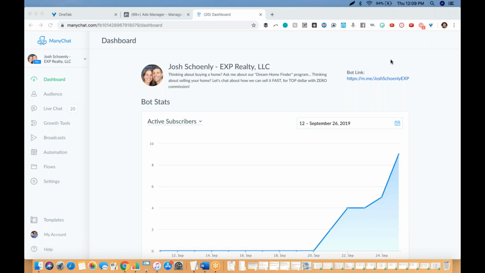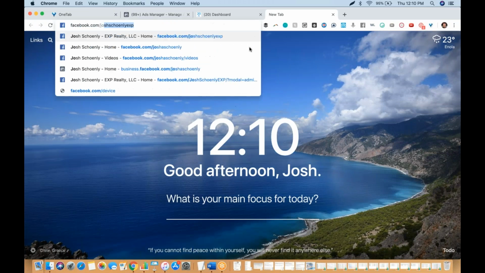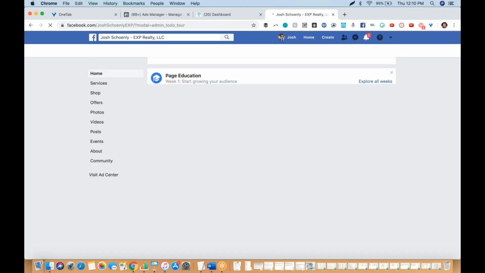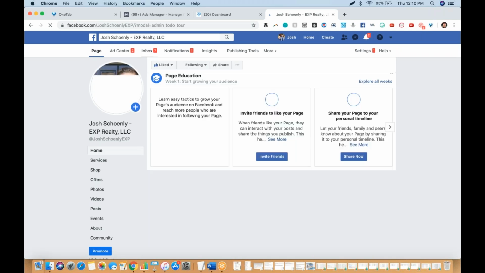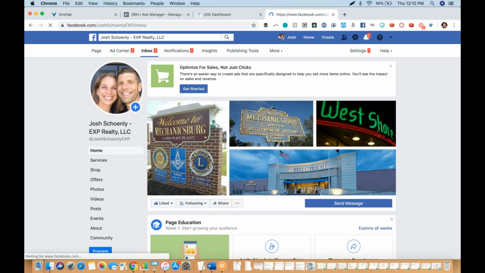What Facebook Messenger is, essentially, is texting, but it's just happening in Facebook, which is where people are spending a majority of their time online. Okay. It functions just like texting. It looks just like texting. I'll bring it up for those of you who don't know what it looks like. I'll bring up the inbox in my branded Facebook page. I've been testing and building out that as part of this new process. And if you go to your Facebook page and you click on inbox,